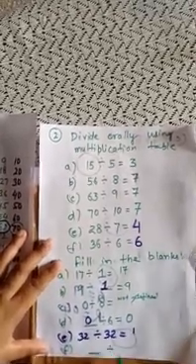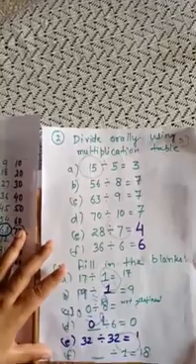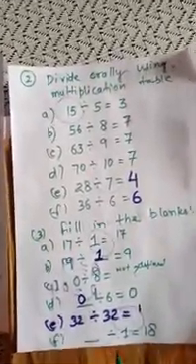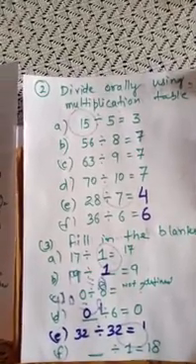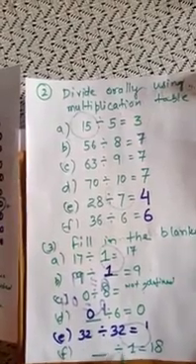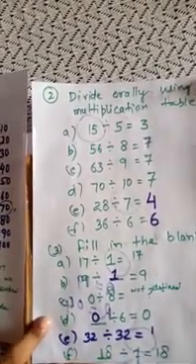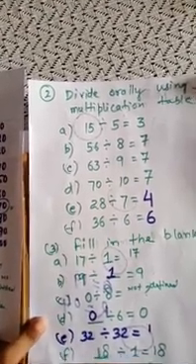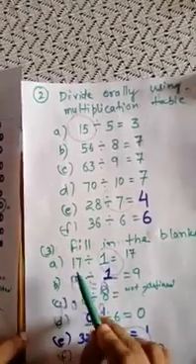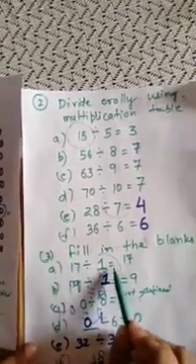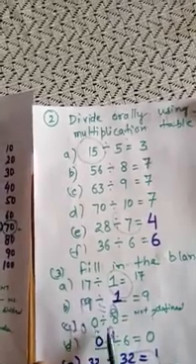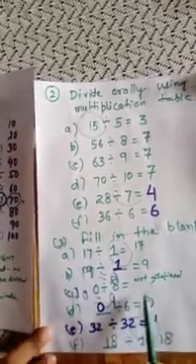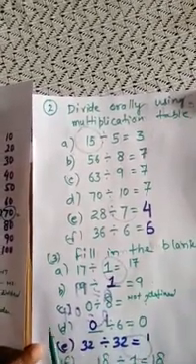What should be divided by 1 to get 18? According to the property of division, when we divide 18 by 1, then we get the result as 18. So here children, we see that 17 divided by 1 is equal to 17. 9 divided by 1 is equal to 9. 0 divided by 8 is equal to, whether you write 0 or not defined. The answer is not defined. We cannot divide 0.